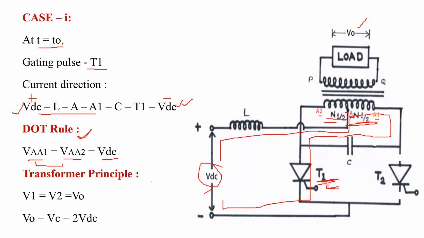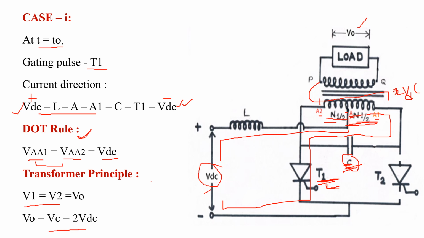Now if we observe, this capacitor is connected across the primary winding of the transformer, which means the total primary voltage appears across this capacitor. Okay, the total primary voltage here is VDC plus VDC, that is nothing but 2 VDC. The total of this voltage is going to appear across the capacitor, that is VC is equal to 2 VDC. Now according to the transformer principle, the transformer transfers the total amount of primary voltage to the secondary voltage, that is V1 is equal to V2, that is nothing but this one.